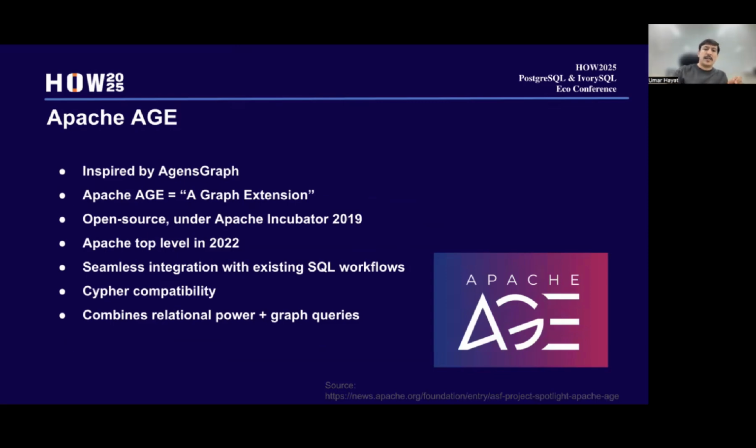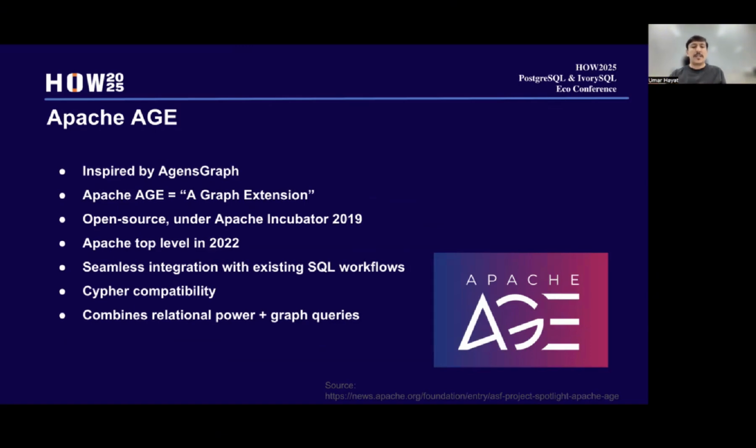Now let's fast forward a few years to 2019. Because this was previously AgensGraph, a fork, there was an idea: why not create an extension of this AgensGraph fork. Bitnine did a basic research, and they donated the code to the Apache AGE Foundation.